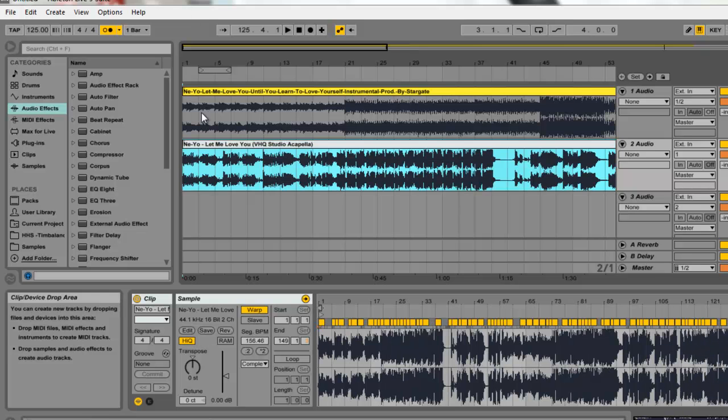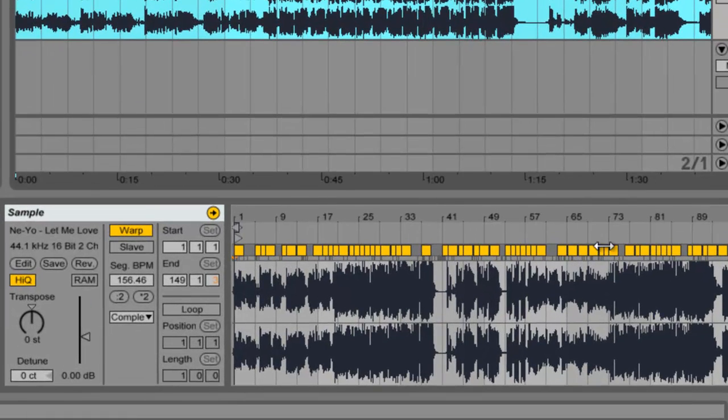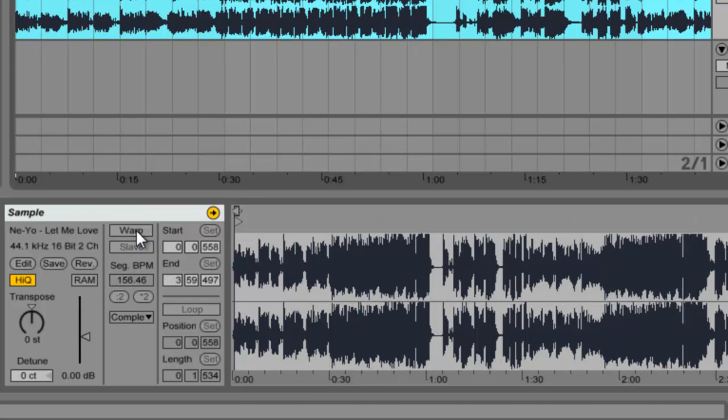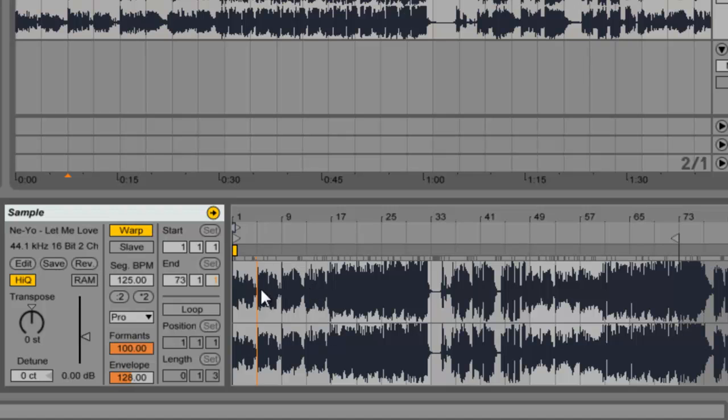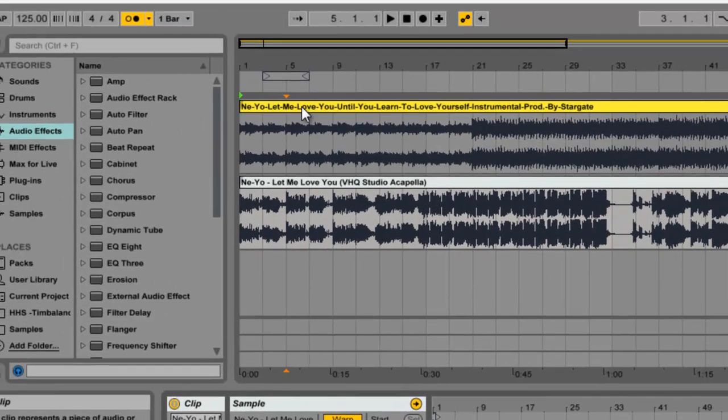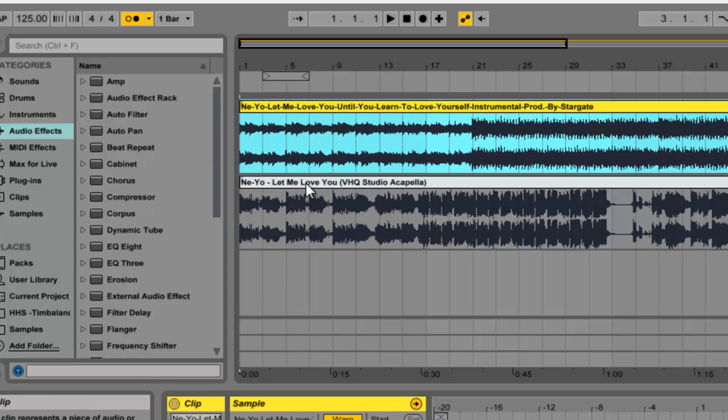just vocals. My best bet of doing this, and as you can see here, Ableton has a lot of trouble trying to calculate what the correct BPM of a vocal is. And this is a studio acapella as well, so it's even harder. What I tend to do is double click that and it will get rid of all of the yellow triangle things, and it will go to the project BPM, which is 125, which is also the same BPM as the